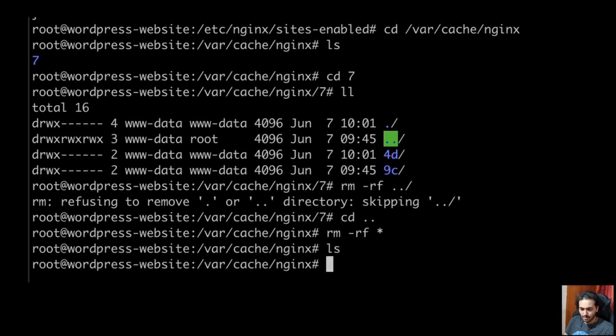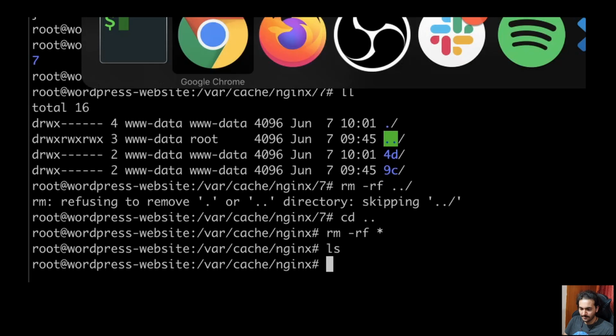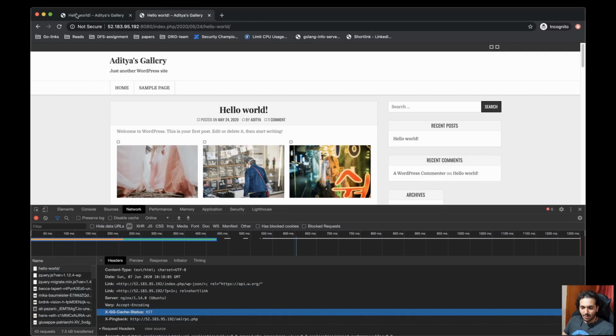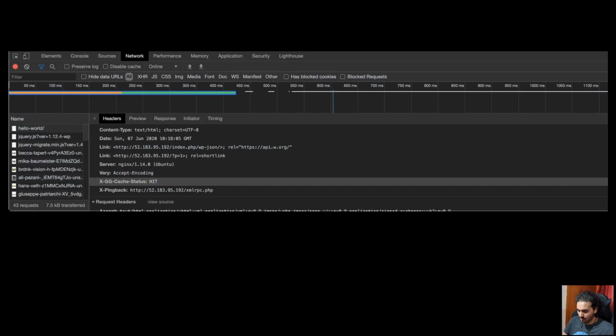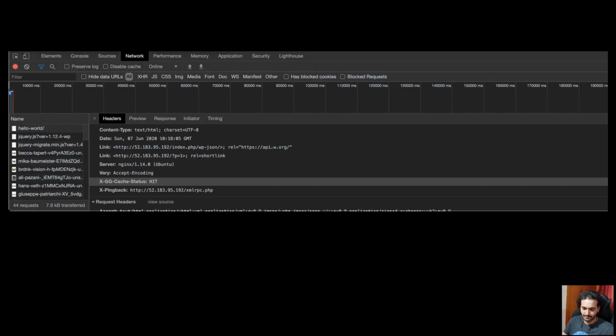Now we don't have any cache on the Nginx server. Now let us go back here. This is on port 8080. I'm going to go ahead and make the call again.